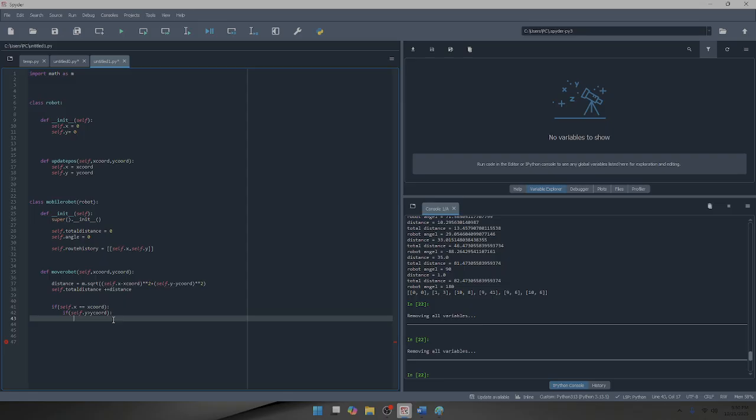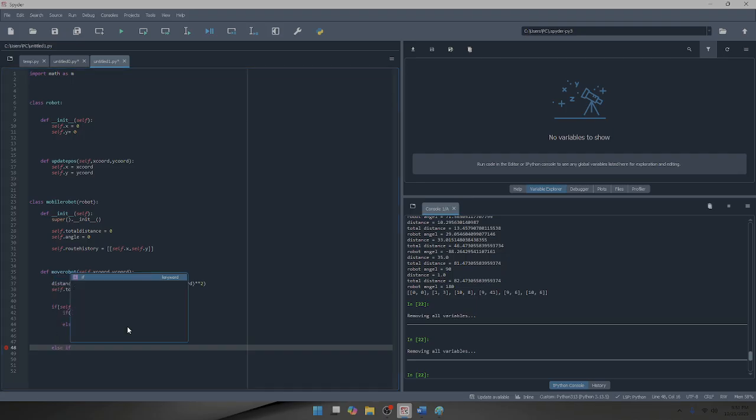एंड क्योंकि वी नो कि इट्स डिक्रीजिंग, तो हम इसको बस डायरेक्टली ये कह सकते हैं कि सेल्फ डॉट एंगल इज़ इक्वल टू -90. तो द नेक्स्ट स्टेप इज़ कि इफ़ इट्स मूविंग अपवर्ड्स, तो जस्ट पुट एन एल स्टेटमेंट, क्योंकि अगर ये कम नहीं होगा तो इट्स गोना बी मोर, ज़्यादा होगा. तो that's gonna give the angle, self dot angle is equal to 90. तो इसके बाद we're gonna check